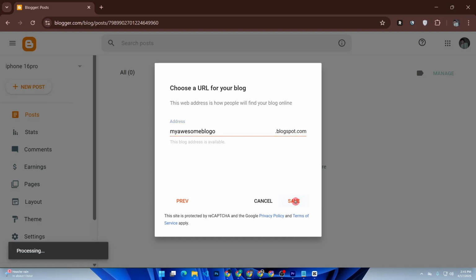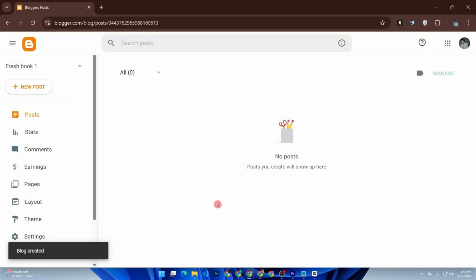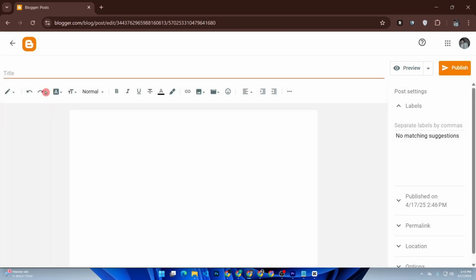Theme, you can skip styling for now. Make your address short and keyword friendly. Click create new post, and just like that,